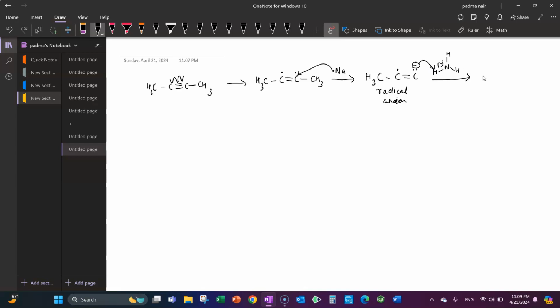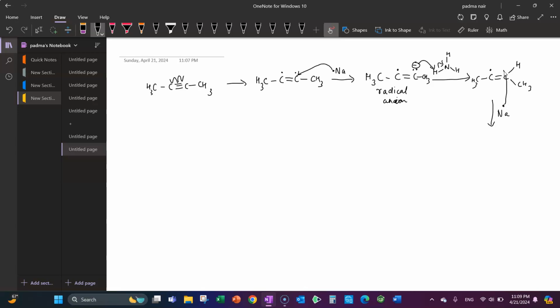So we put the electrons here, and the way the proton will sit on this carbon atom is over here, and then, oh sorry, I forgot the CH3 here. Okay, CH3 here, and then this carbon atom still has the radical, and then it has got the other CH3 group. Okay, all right. So now another sodium atom